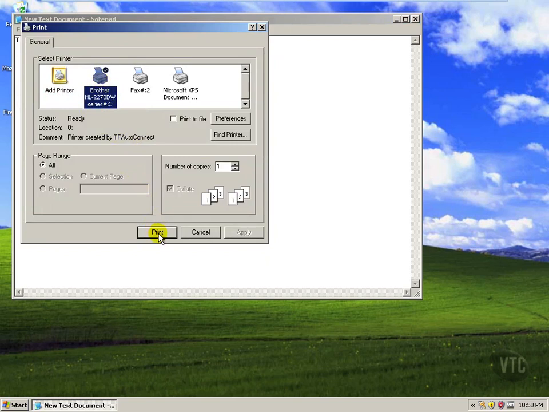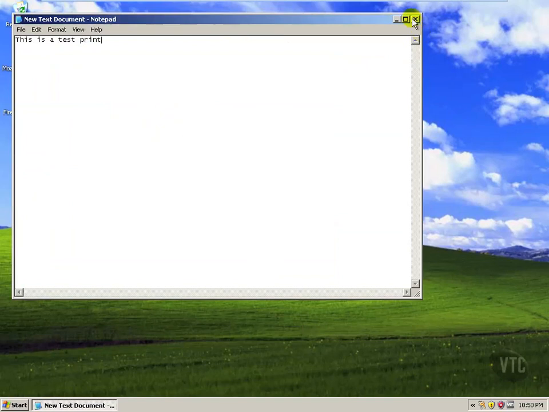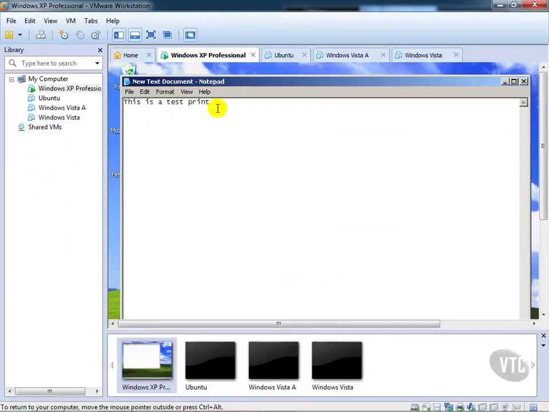Now I'm not going to click Print yet because it's going to make noise. Okay, hang on, we'll come back and we'll print at the end of the video so that you don't hear all this noise. So what I'm going to do is make this not full screen anymore,